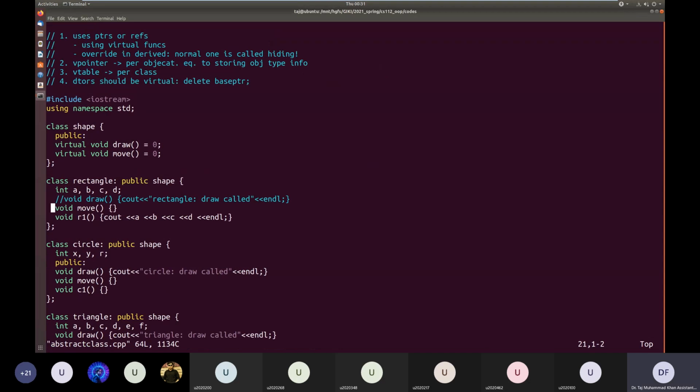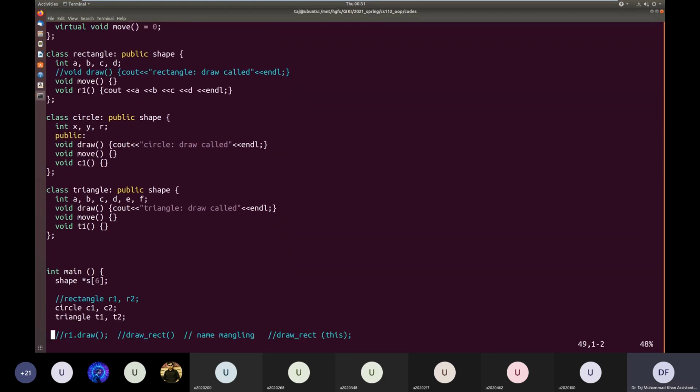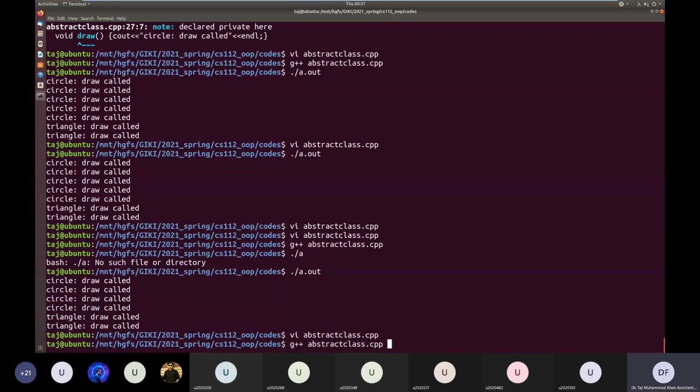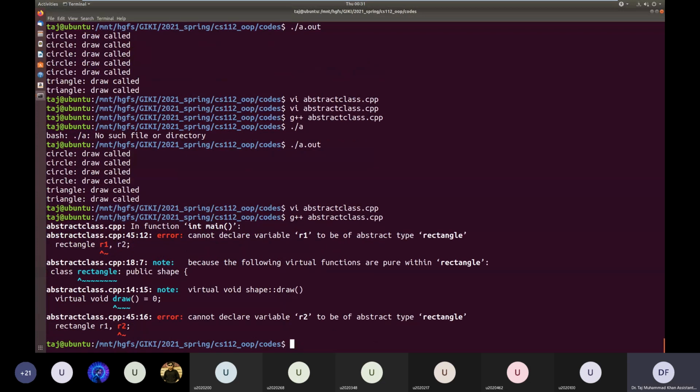So we were saying that rectangle is still an abstract class. Let's declare two objects of type rectangle. You see, I cannot declare variable R1 of abstract type rectangle. Since rectangle did not override the function draw, draw is still pure virtual in rectangle.